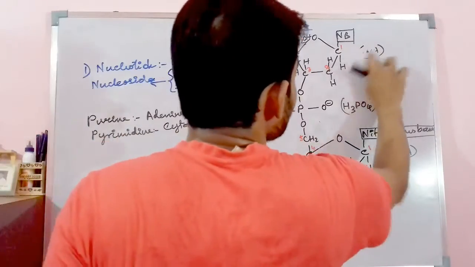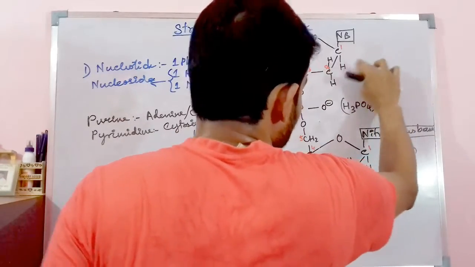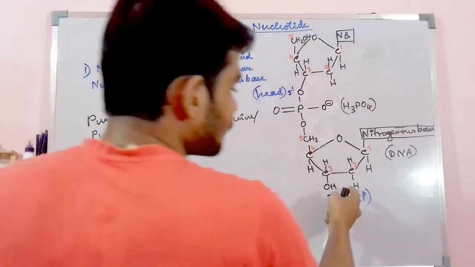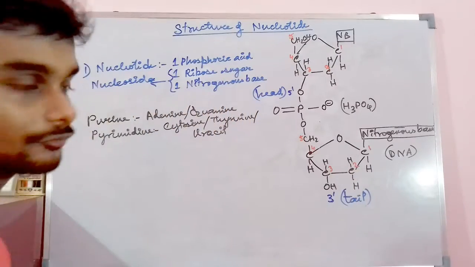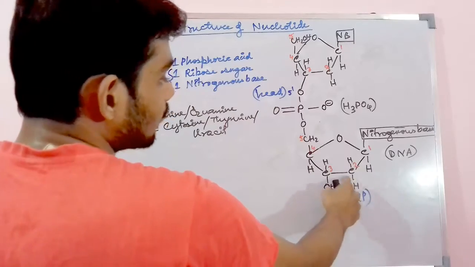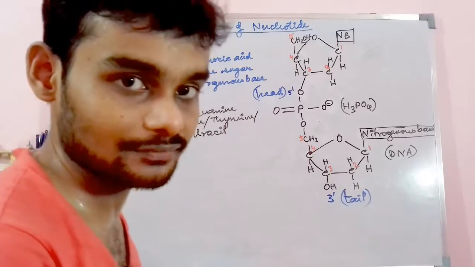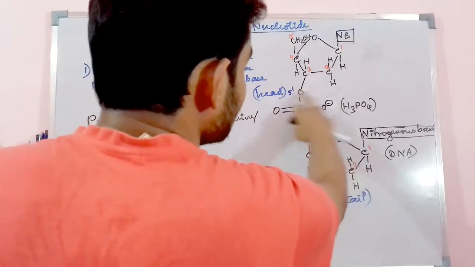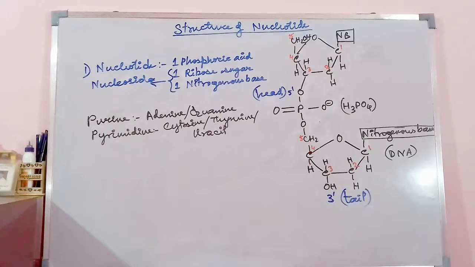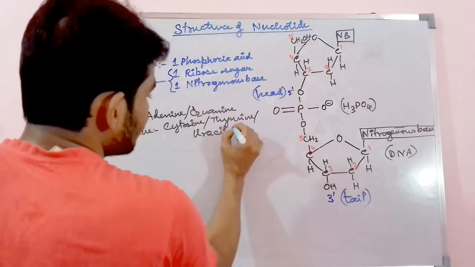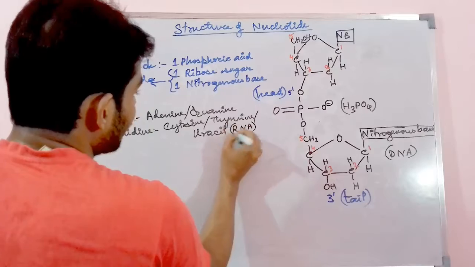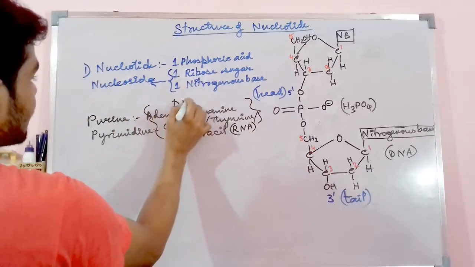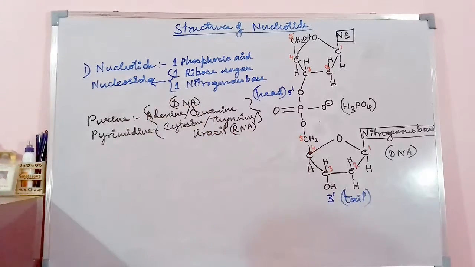And in case of the RNA, the previous structure was there; it was the OH. Deoxy means the oxygen is removed from the second carbon. From this particular carbon, the OH radical is present in RNA, and in DNA the oxygen is removed. That's why it is named the deoxyribose nucleotide along with the phosphate. Now this uracil is particularly in case of RNA. Okay, the rest are in case of the DNA. Okay, now